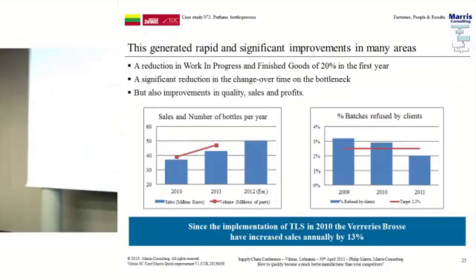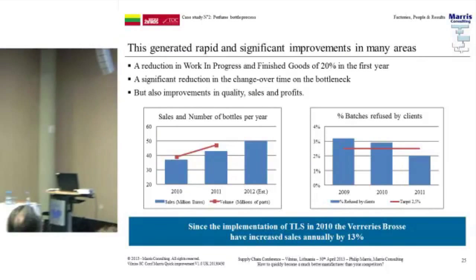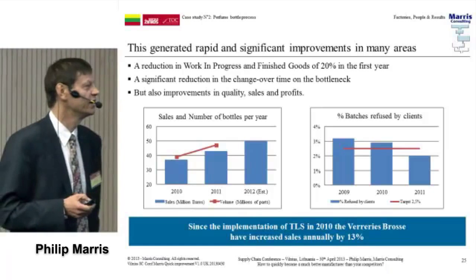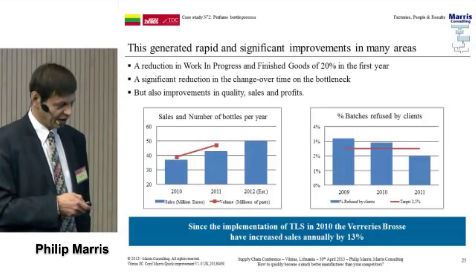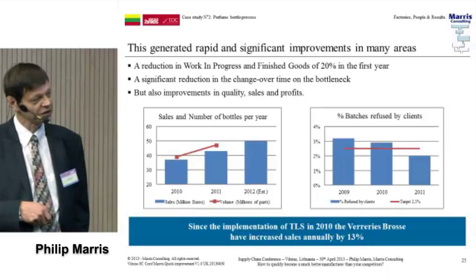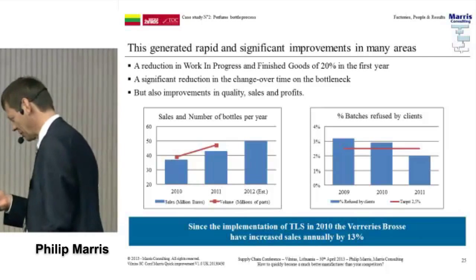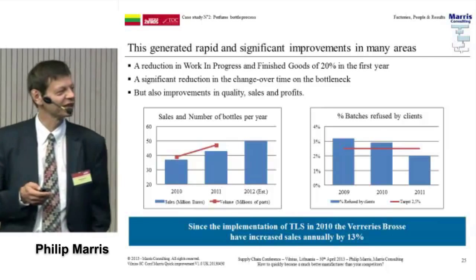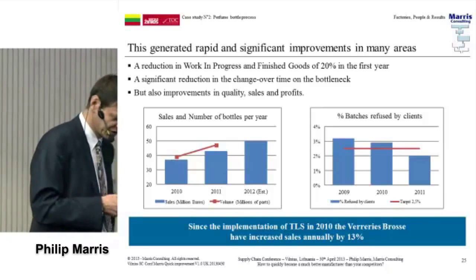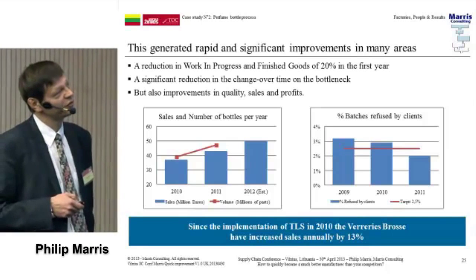In terms of results, I didn't mention the results of the first one with Verslo. That saved the relationship between General Motors and Verslo and was worth a lot of money. In this case, their increase in sales and profits are better than that. In sales, it's about 13% a year, a lot less than some cases that we were presented, sorry, but they were pretty proud of that. It's good, stable growth. And apart from those financial metrics, there was a reduction in inventory, in work in progress